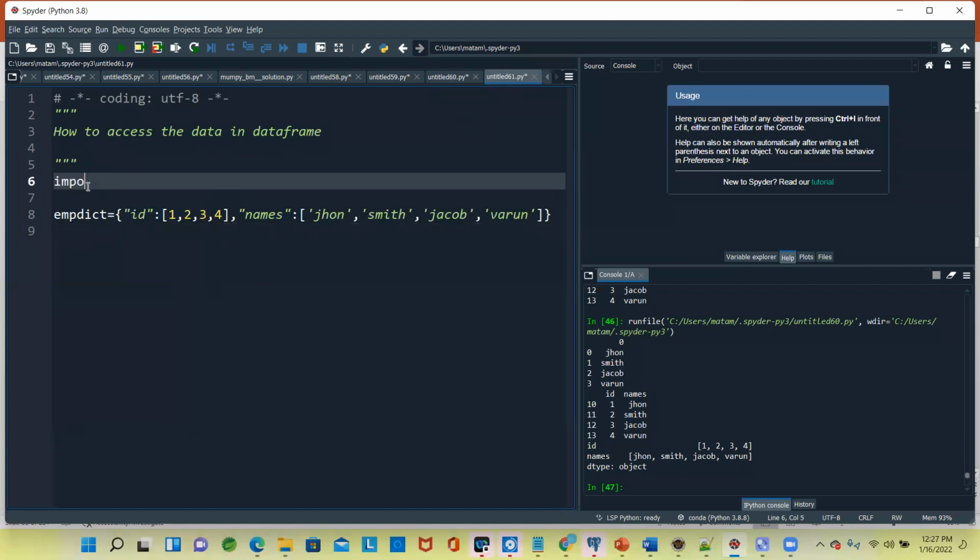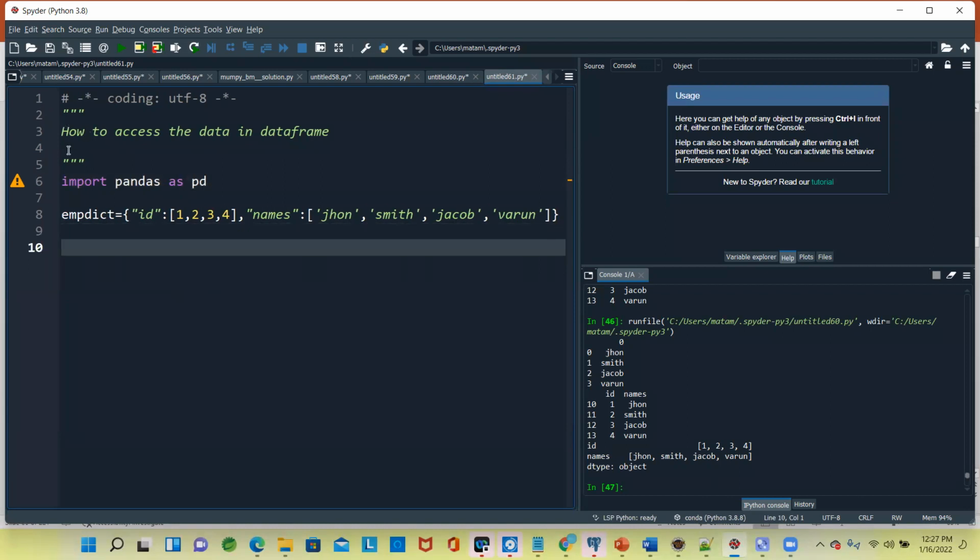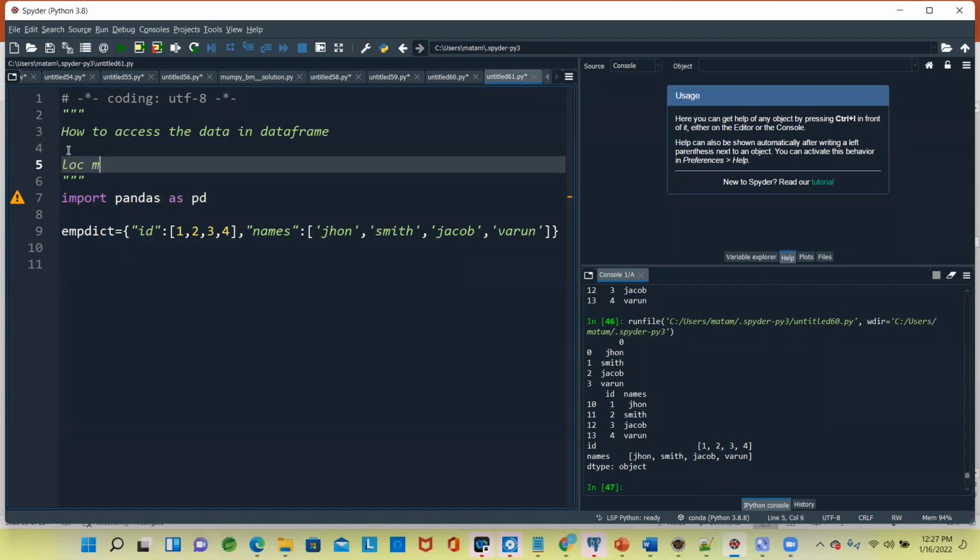But in order to import pandas, what do we need to do? import pandas as pd. Okay. So what is our motto? To understand the loc method in pandas data frame.